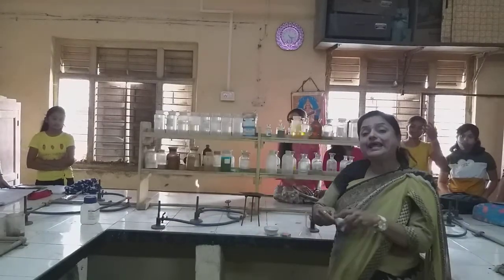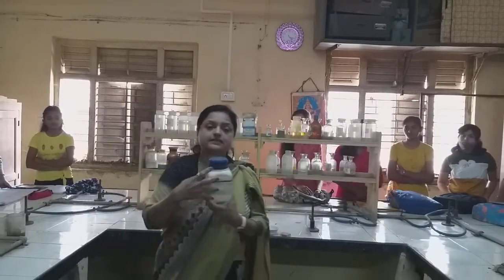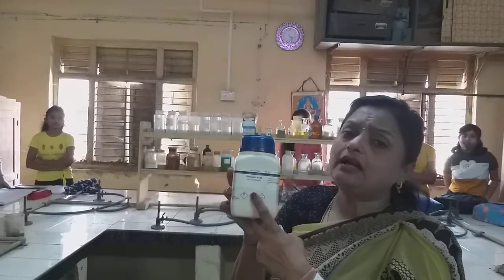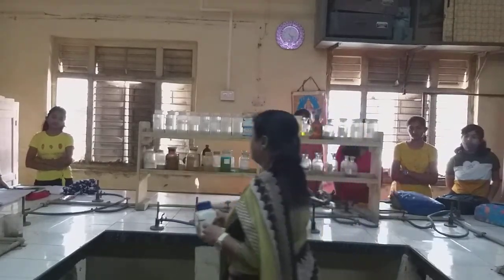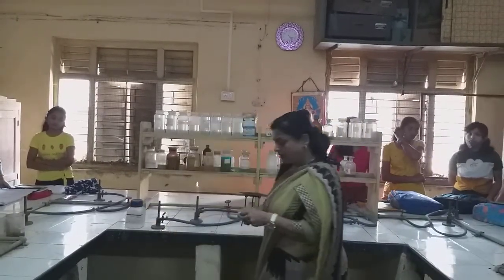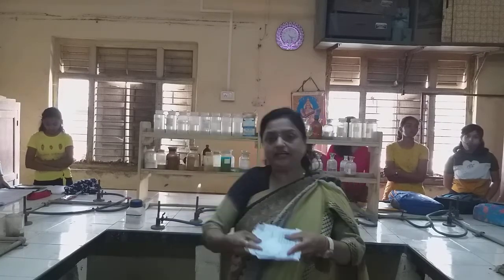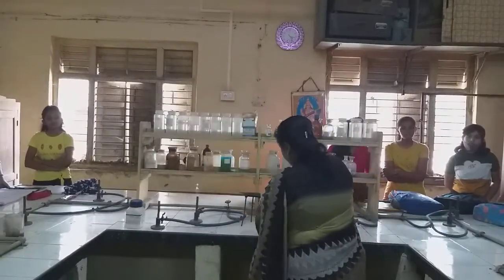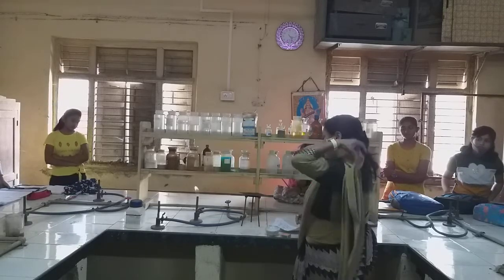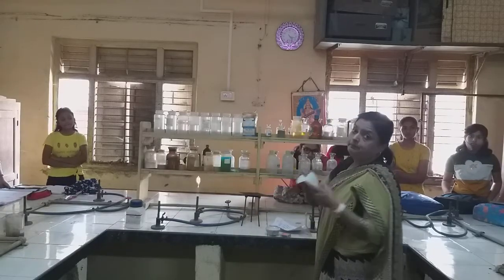Here are 2 grams of phthalic acid given to us. This is the phthalic acid. Now in the practical it is given in this way, that is 2 grams, and you only take these 2 grams of phthalic acid. Now see, this is a white powder like compound. Now this phthalic acid is poured into this evaporating dish, and on that evaporating dish you have to first place this filter paper.